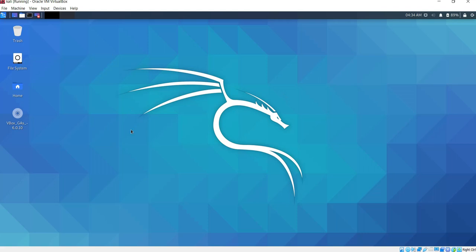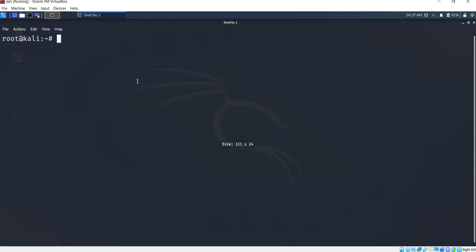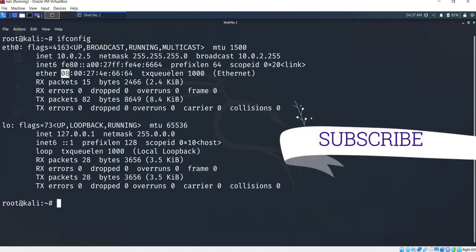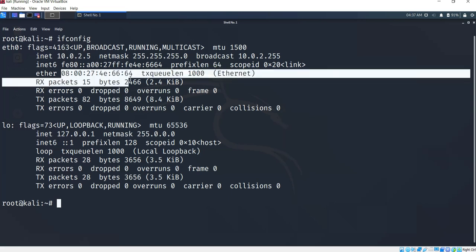I think you already have an idea about MAC address. We are going to check what our MAC address is by typing the command ifconfig. After typing the ifconfig command, you will get the IP address of your system, that is 10.0.2.5, and the MAC address you will also find here: 08:00:27:4E:66:64.